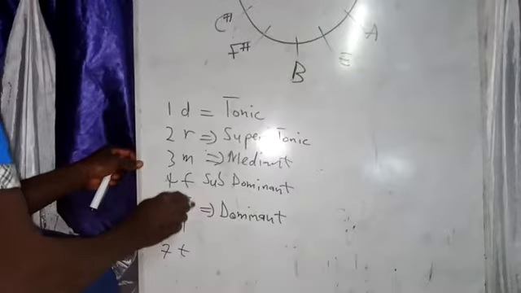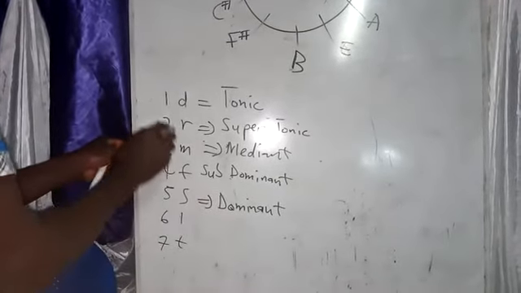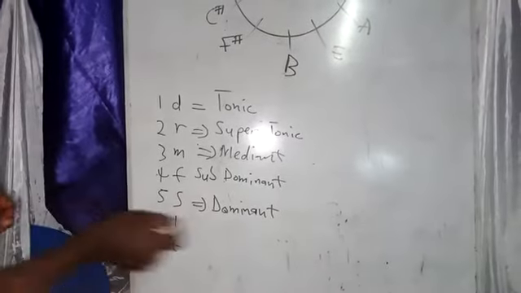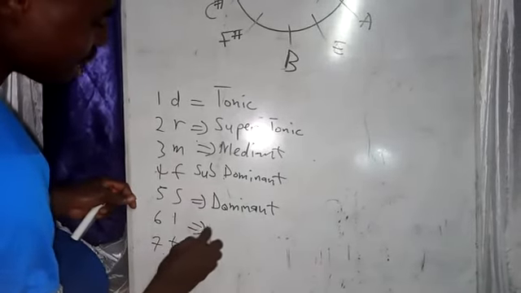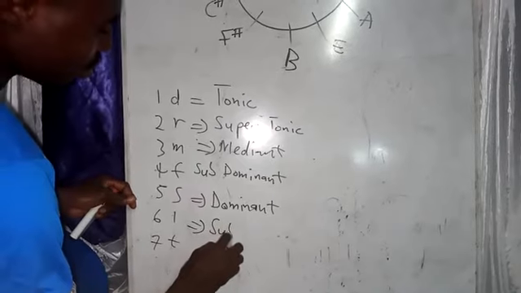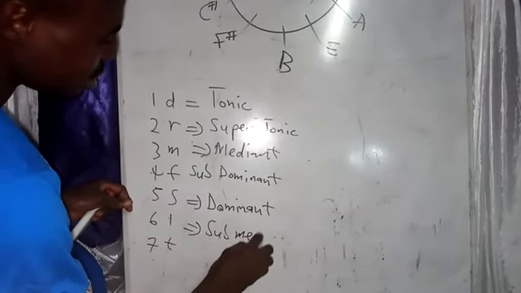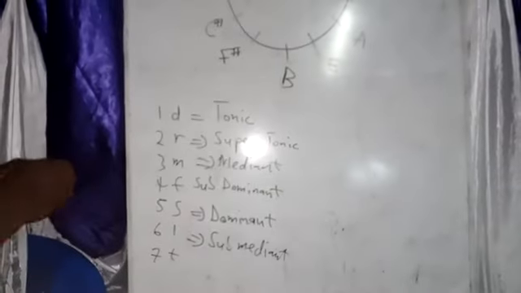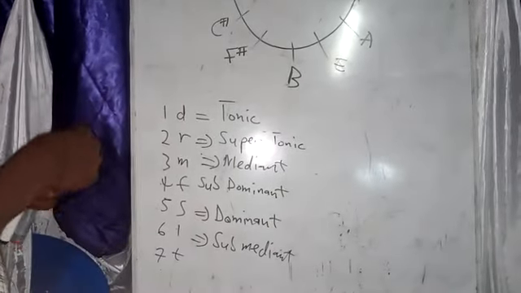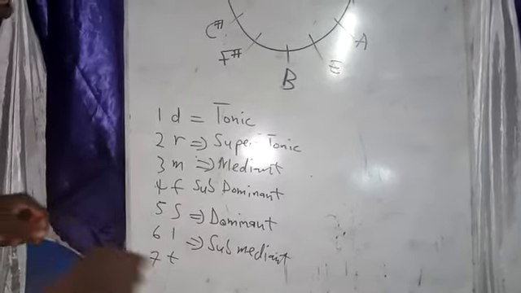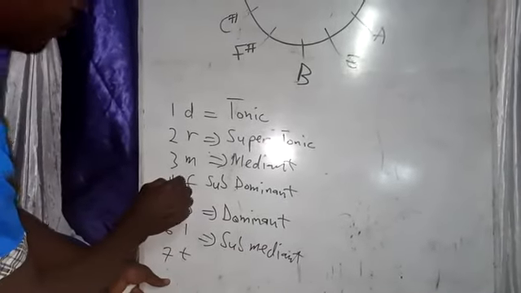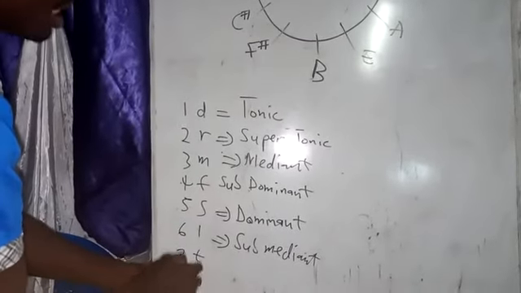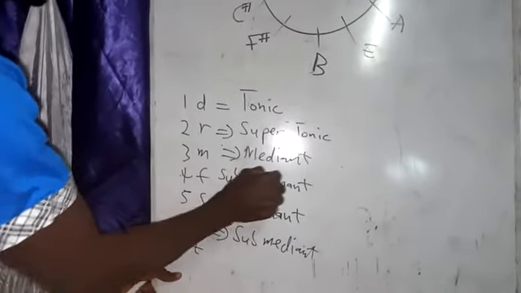God and the father, the husband of the house, the one between, which is the third note, is called the mediant. We have here too the sixth note, which is the submediant. It means the mediant is the one in between. So the submediant is the one in between the first note and the fourth note backward. When you move backward, the one between the first note and the subdominant is the submediant.